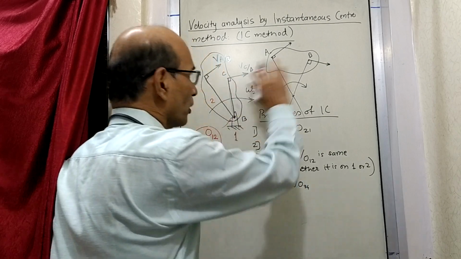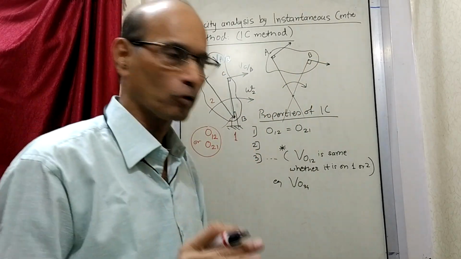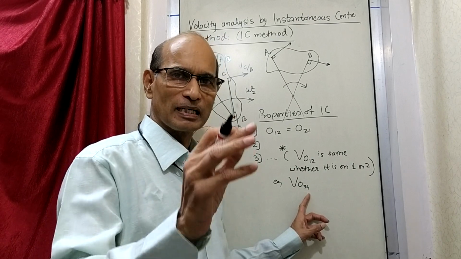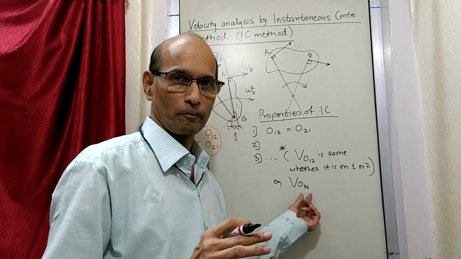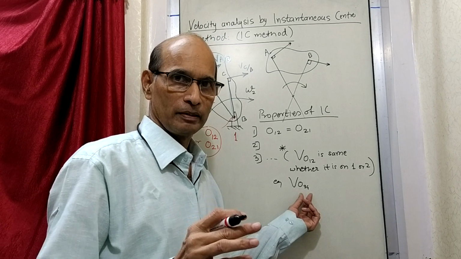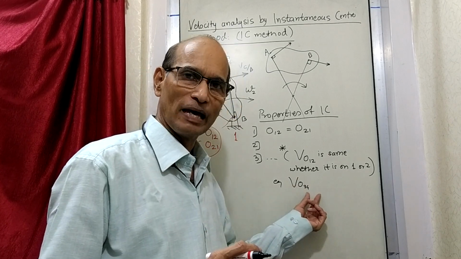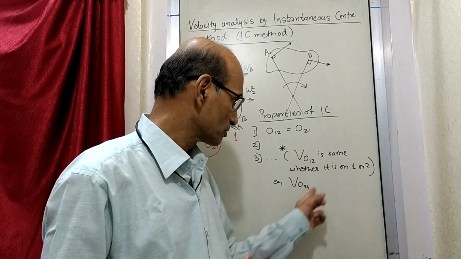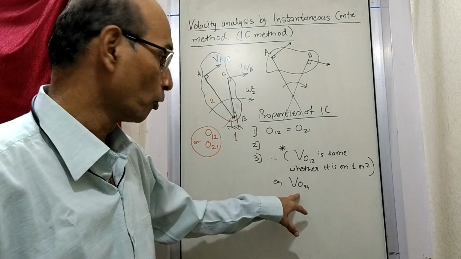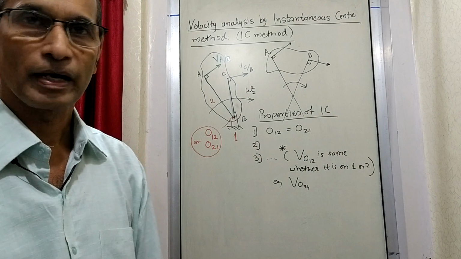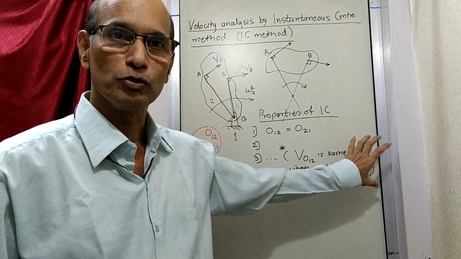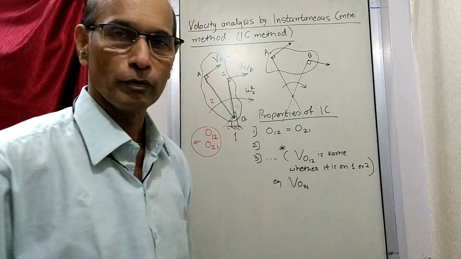Now where is 34 we have not yet seen. But suppose there is a point called as velocity of 0.034. There is one instantaneous center whose number is 034. Suppose. Then the velocity of 034 is same whether it is on 3 or whether it is on 4. As per this. Now where is 034 etc. that we will see afterwards. Okay. So this rule number 3 is extremely important, which we are going to make use of. And then some other things also we have written.